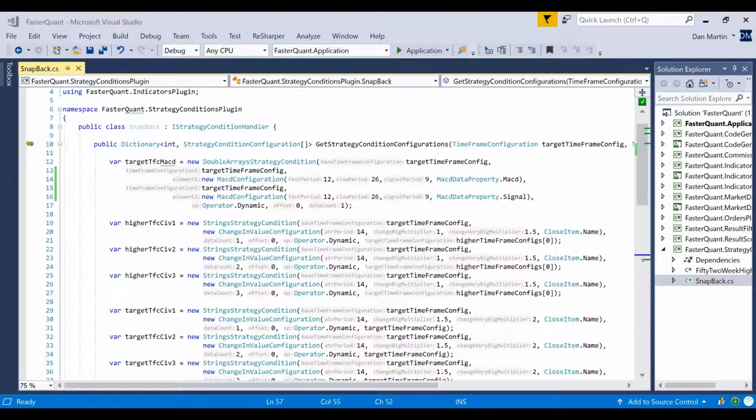Back at our Snapback class, here we have a double array strategy condition class which inherits from abstract class strategy condition configuration. This class will build conditions based on the relationship between the MACD and MACD signal data series. Note that the operator is set to dynamic, which indicates that the conditional relationship, for example less than or greater than, will be determined by the actual relationship between the data at the point in time where the